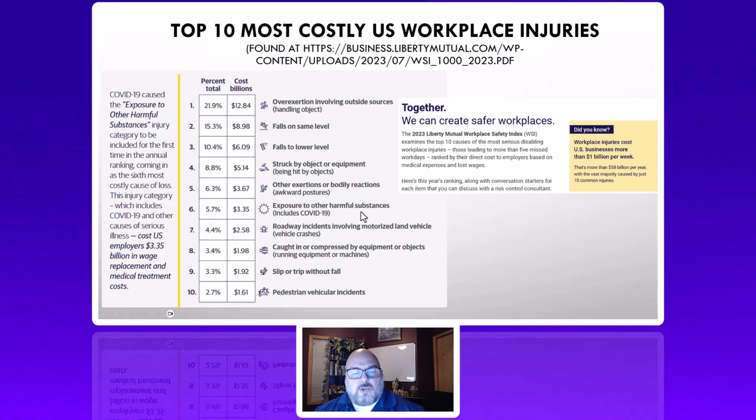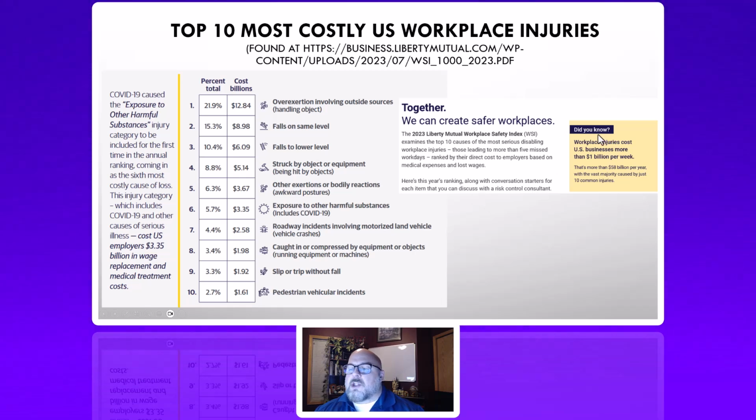We've got exposure to harmful substances. COVID is there, so I think that one has kind of increased because of that. Vehicular crashes here. We've got caught in, slip, trip, and fall. So we've got 3 categories for slip, trip, and fall. And then we've got vehicular down here. And again, that is a